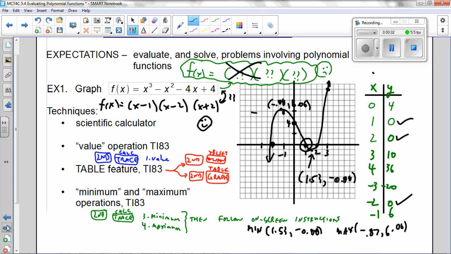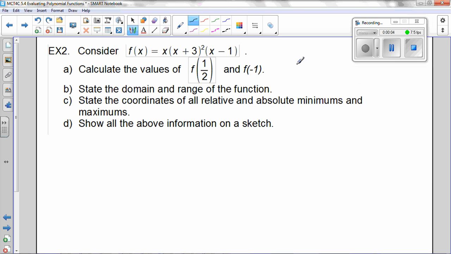All right, back for part two. Here, we're just asked to calculate some values given a function in factored form. We could graph this, and we will at the end, but for right now, we're just asked to calculate